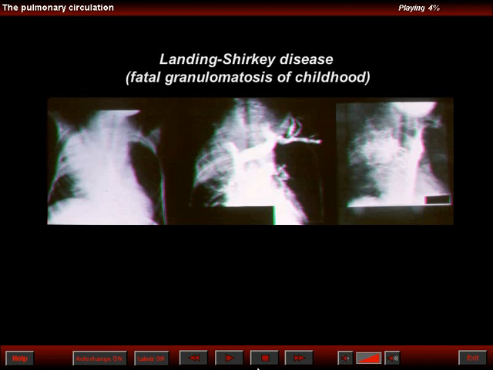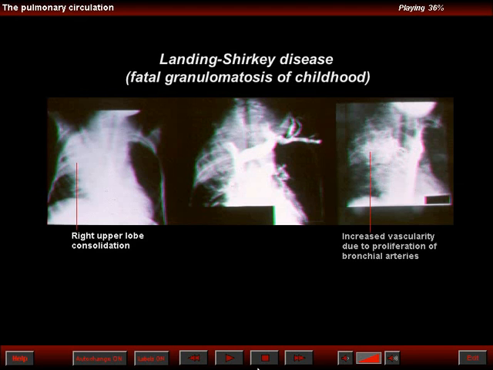This is a patient who had Landing-Cherky disease or fatal granulomatosis of childhood. Note the consolidation of the right upper lobe. Note in the third picture that when the aorta opacifies, we see tremendously enlarged numerous bronchial arteries supplying the right upper lobe. In the presence of active inflammatory disease, and particularly suppuration, and these individuals have granulomatosis with considerable inflammatory